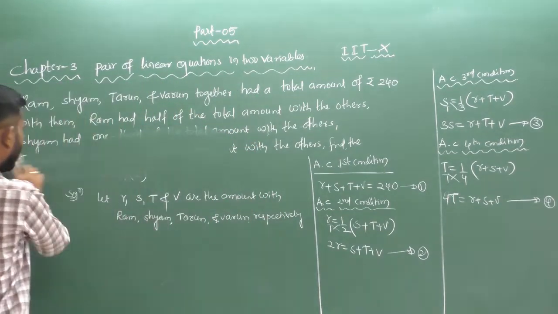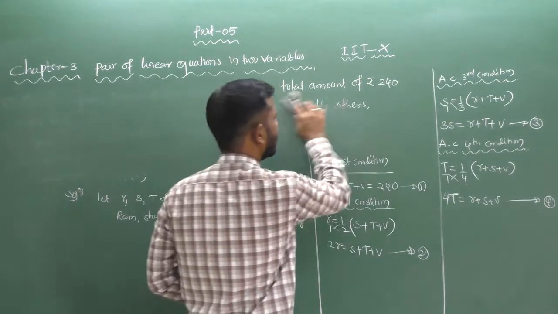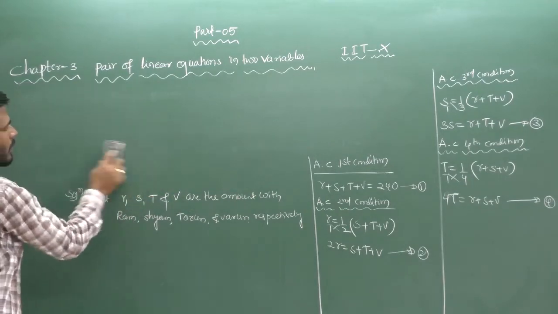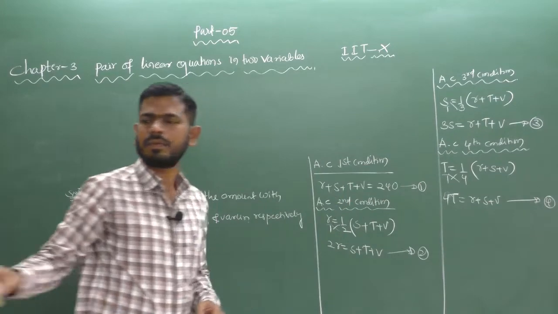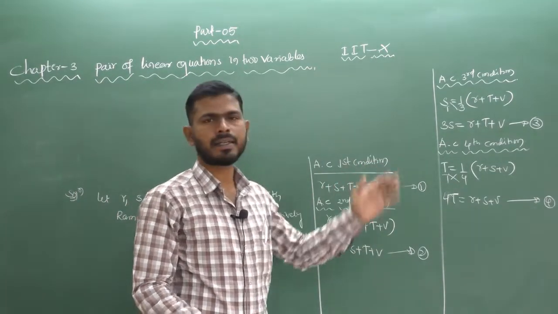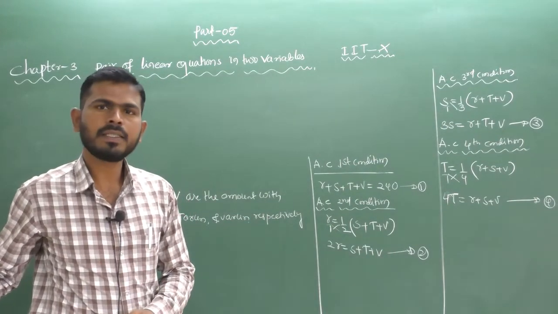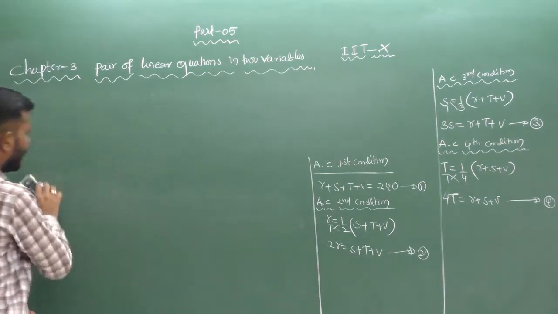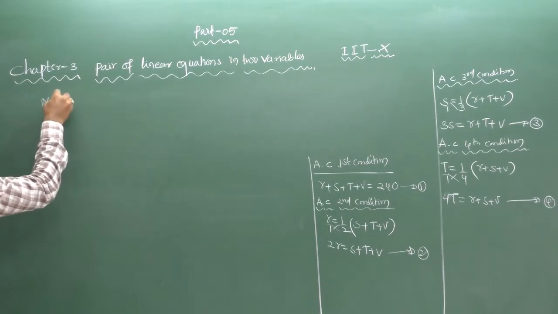So first you have to find out the value asked here. So what is the total amount Varun had? This type of question will come in competitive exams. So it's very important. So this is the first condition, this is second, that is third and fourth. Now next step is you have to compare the equations.